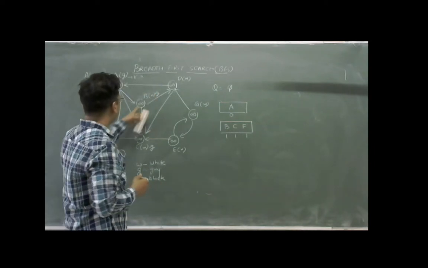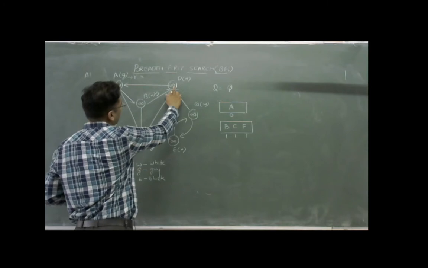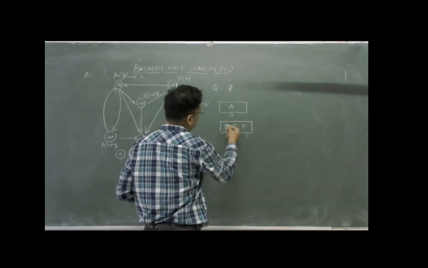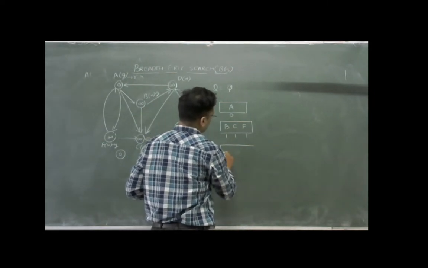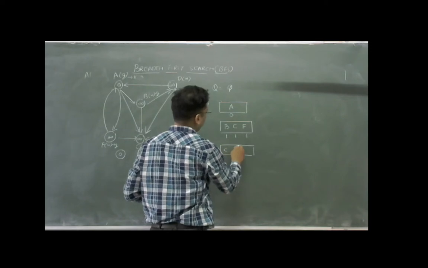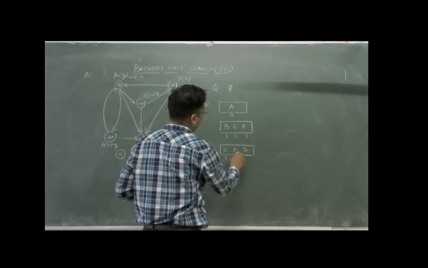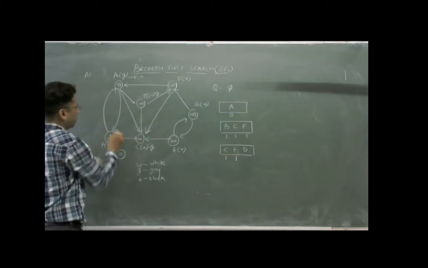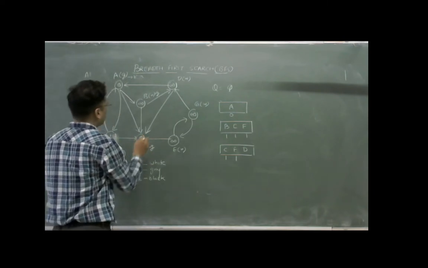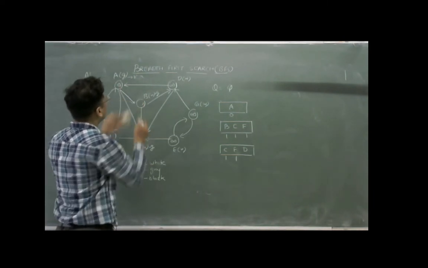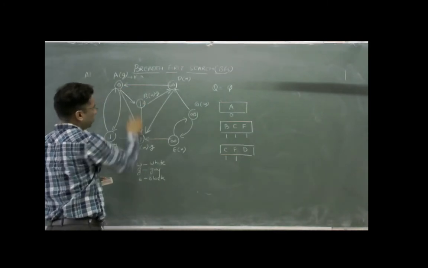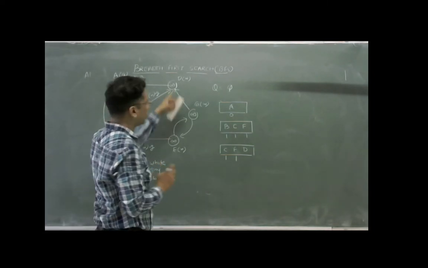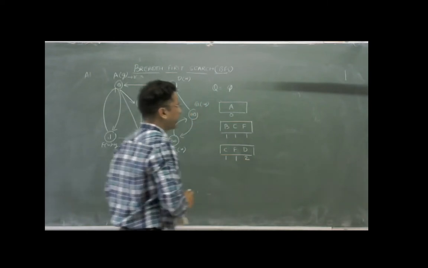The nodes adjacent to B are D and C, and C has already been discovered. So B will get out of this queue. The nodes will be C, F and D. These will be at value 1, 1 and 1, right? Because 0 plus 1 is 1, 0 plus 1 is 1, 0 plus 1 is 1. And the value of D will be 1 plus 1, which means distance 2, right?